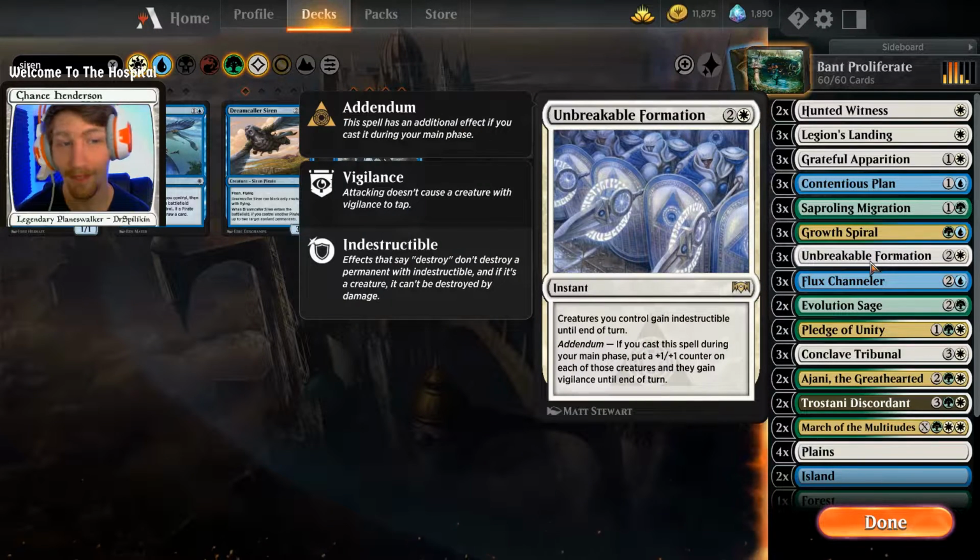So, yeah, really awesome. Moving us down, we have 3 copies of Unbreakable Formation. This gives all of our creatures a +1/+1 counter and vigilance and indestructible if we cast it on our main phase. If we cast it any other time, it's just going to give our creatures indestructible, which is still nothing